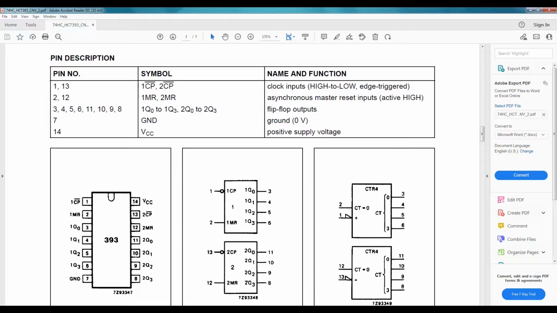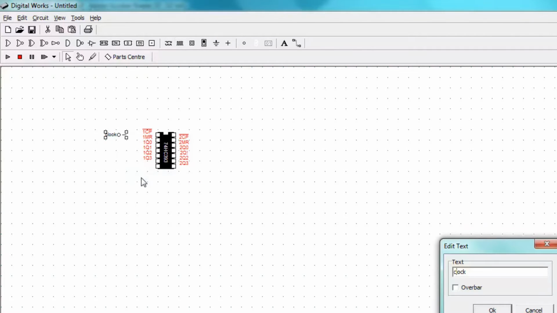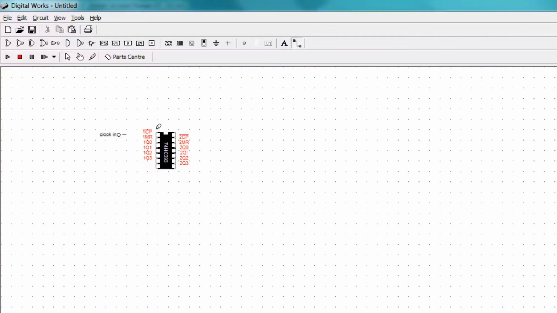I'm going to use a 74 series 393 chip, which is a dual 4-bit binary ripple counter. Just like the 161, this chip has an asynchronous reset, but it's active high. So instead of using a NAND gate like we did with the 161, we can use an AND gate. There are 2 ripple counters in this chip, and we're going to use the first one for generating the processor clock. The input clock goes to pin 1, the reset is on pin 2, and the 2 least significant outputs are on pins 3 and 4, which are bits 0 and 1 respectively.